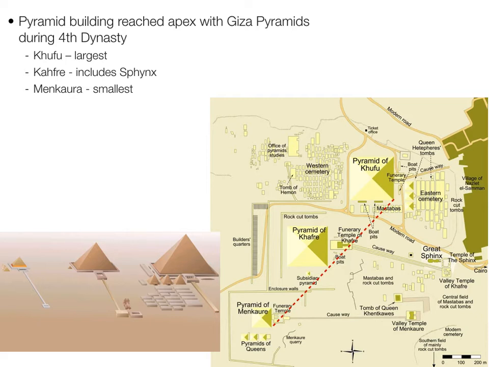All right, so what we want to talk about today is finishing up the Old Kingdom. It's been a couple weeks since we've been together, so just to review the Old Kingdom before the video we watched. We talked about the evolution of pyramids, right? And the video talked about the evolution of pyramids, culminating in the Great Pyramid in the 4th dynasty at the Giza complex, Khufu's pyramid, and his sons Khafre and Menkaure, and some of the patterns we see in the layout of those pyramids and what they mean, and so forth.